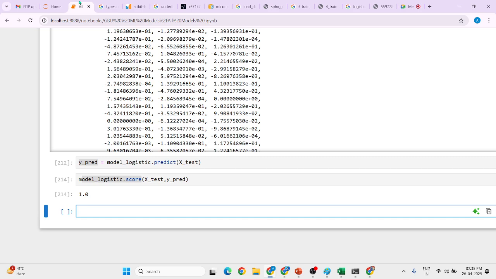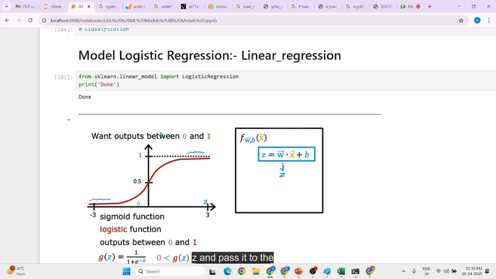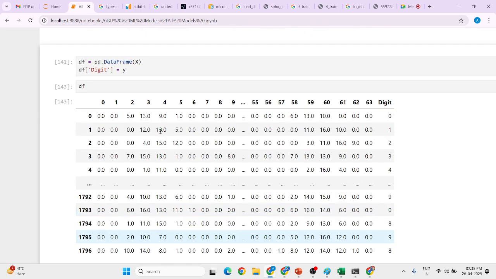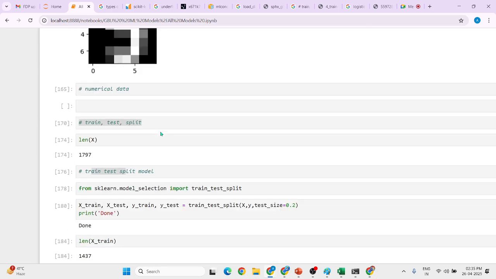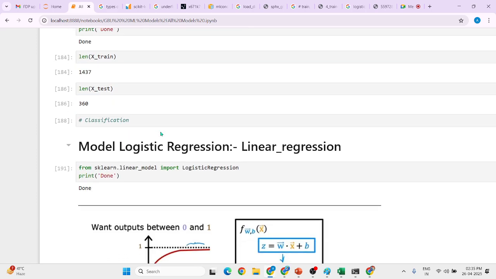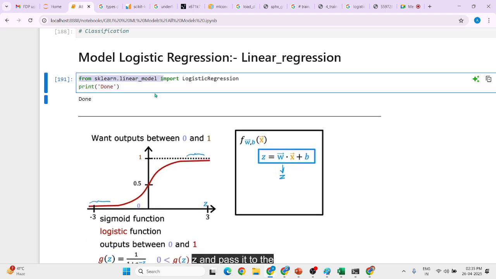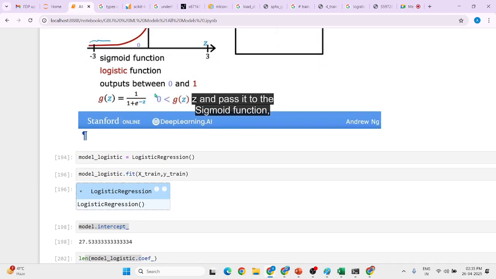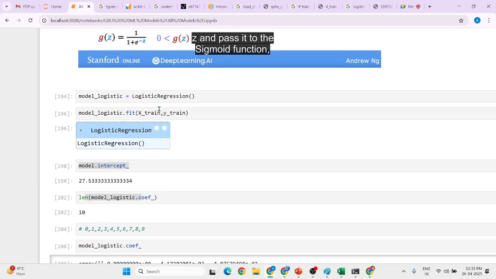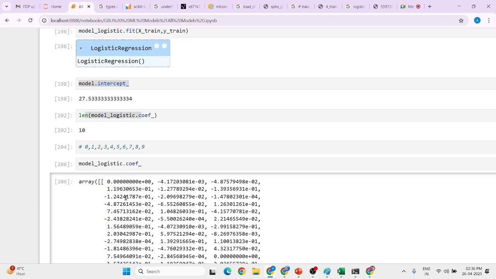Okay, so in session 1 of part 1, we have accomplished the basic introduction of the linear regression machine learning model, and the second part is going to be the implementation of a complete project related to different sorts of algorithms, right? So what we will try to do, we have already imported this module, which is logistic regression, and inside this logistic regression we built a model for image classification, and this image classification is like